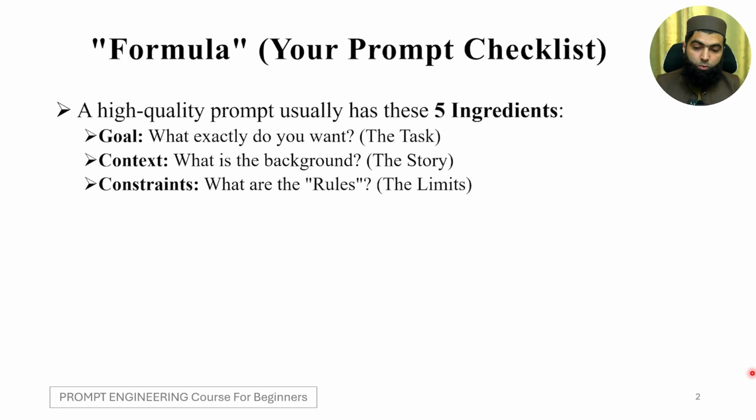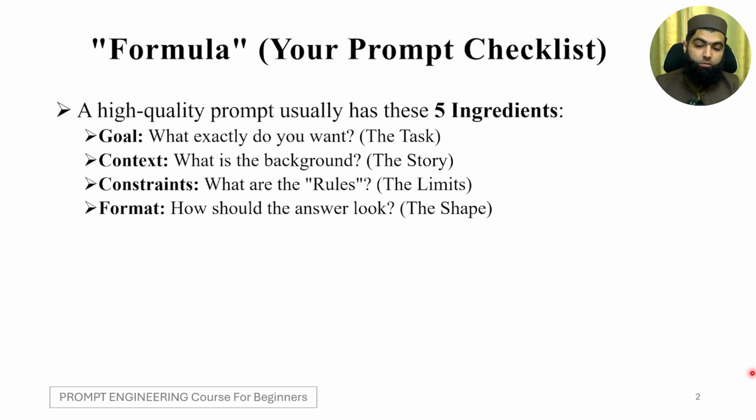Third one is constraints. What are the rules? Sometimes you will require an answer based on your available resources or the available deadline or the available time. Different kinds of constraints can be there. So if there are constraints, the limits, you need to mention them in the prompt in order to get the exact result. Fourth one is the format. How should the answer look? Sometimes you might need the answer to be in some particular pattern so that you can copy it easily rather than editing it later. So the format is also important. As I said earlier, don't worry about these. We will be covering all of these points in later lectures in enough depth.